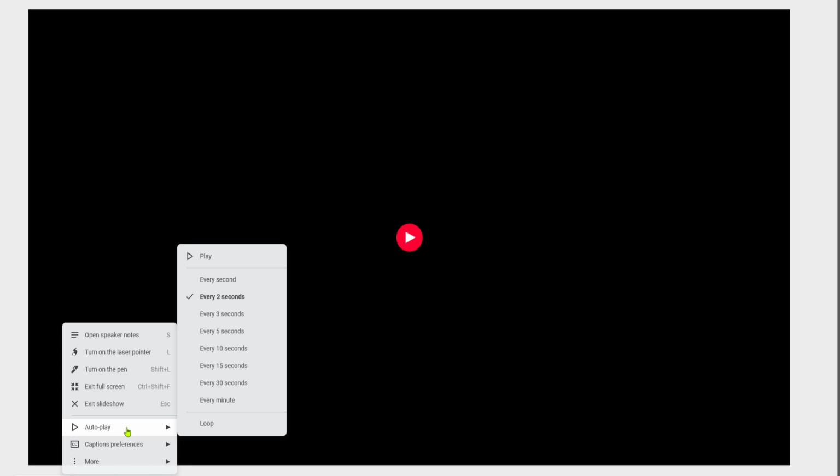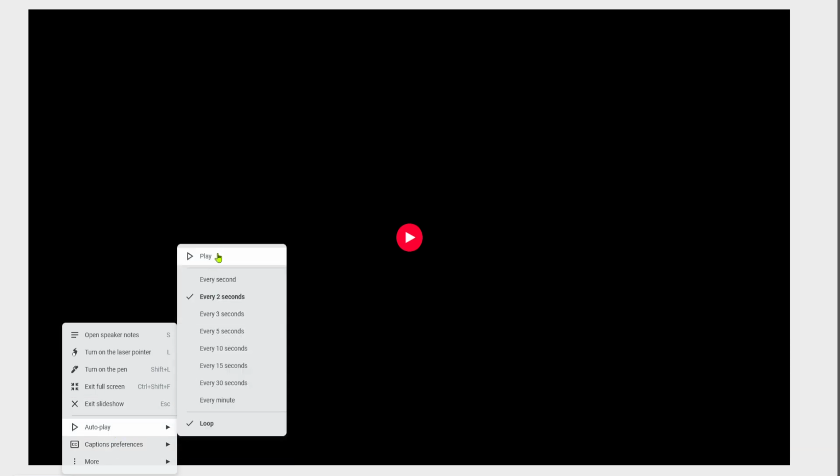In the pop-up menu, you'll find the autoplay or loop option. Click on this and you'll see options that allow your slides to advance automatically. Make sure you select the loop feature. This will set your presentation to continuously loop, meaning that any media, such as videos, will replay automatically once they've finished. A quick tip here, before you start your live presentation, it's always a good idea to preview the autoplay